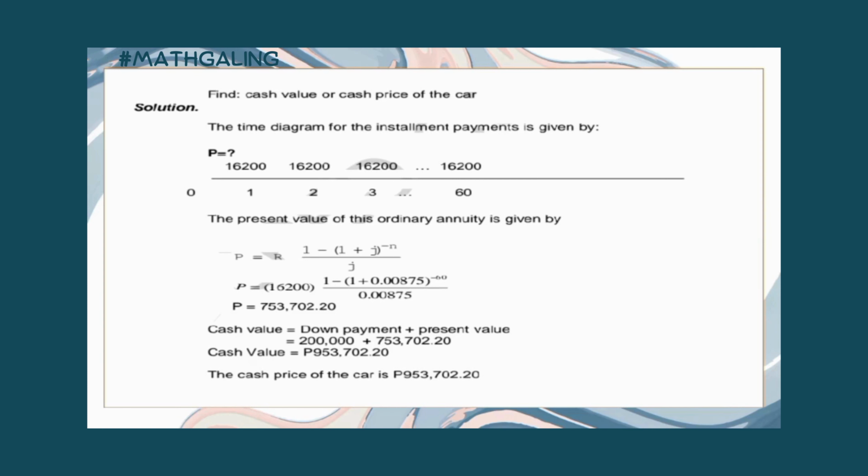So let's substitute the given. So P is equal to, we have here 16,200 as the installment payments or the periodic payment, times 1 minus the quantity of 1 plus 0.00875 as the interest rate raised to 60, that is for the N, all over 0.00875. So that is